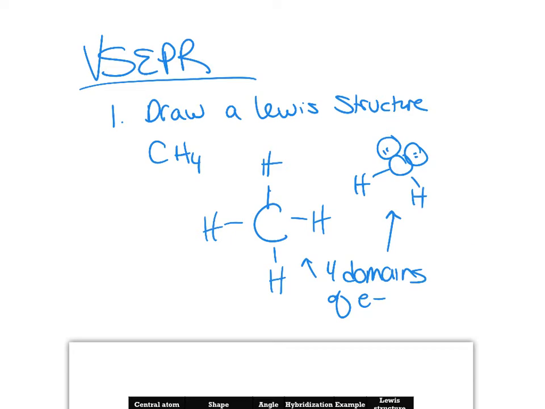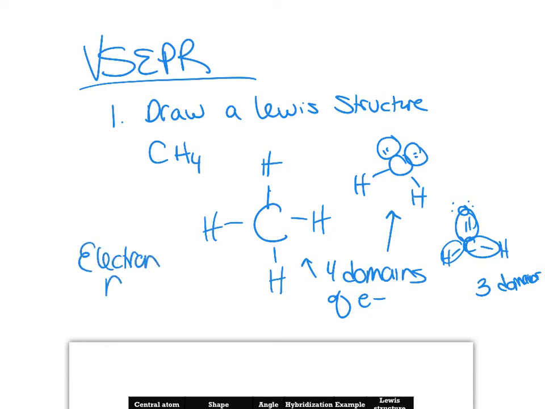Finally, something like this is formaldehyde. This has 3 domains of electrons, because this counts as a domain, this counts as a domain, and this double bond counts as 1 domain. There's just 2 bonds in it, so it's 1 area of electrons. Then, that's how you determine your electron domain